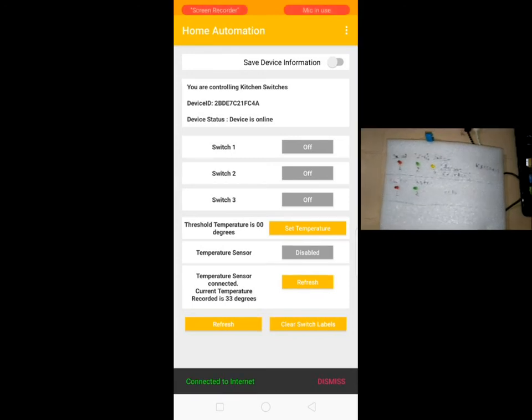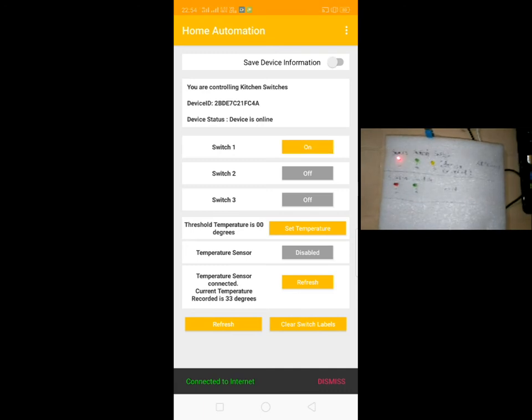Okay, I'll turn on switch 1, and you can check the red light, and again turn it off. Now switch 2 on, and again off. Red light, now again red light. Switch 1 and switch 2 are both turned on. Switch 3 is also turned on. Now switch 3 is off, switch 2 is off, and even switch 1 is off.